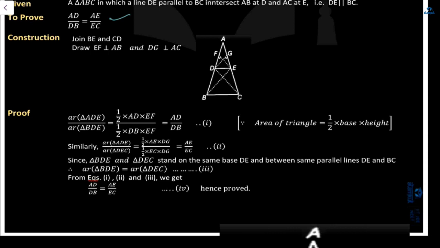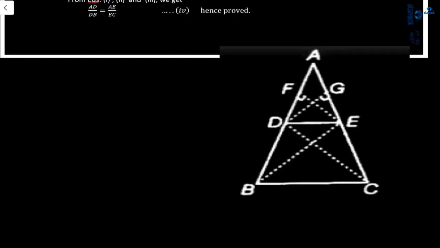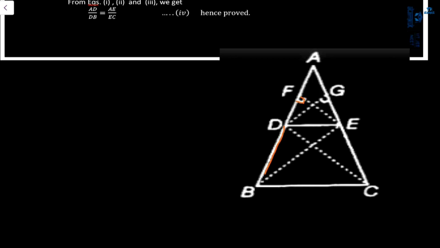Why are we drawing these perpendiculars? Because we are going to check the area. The area of a triangle is equal to half base into height, so for the height, I am drawing this perpendicular. Now if you see this triangle, this is one triangle, and the other one, I have taken the above one. Understood? If you take these two triangles, then area of triangle